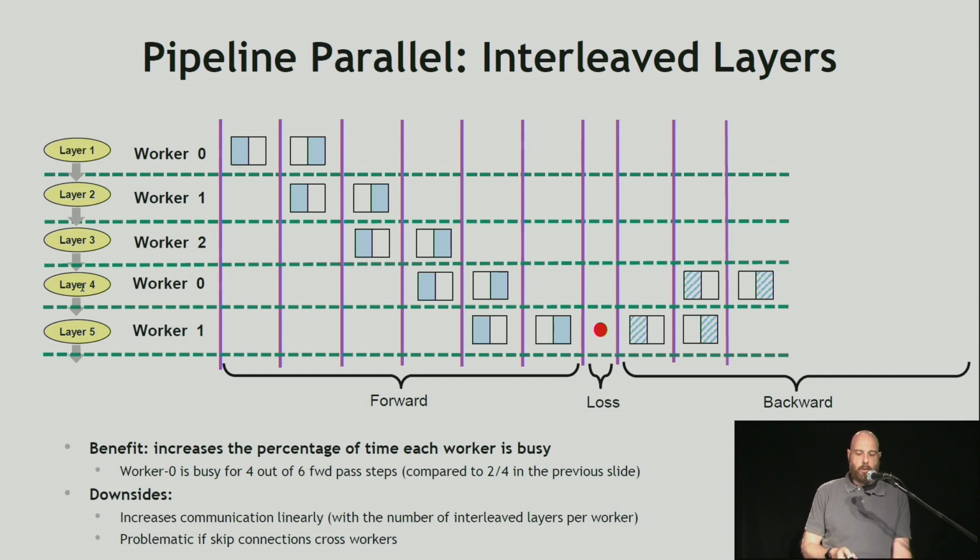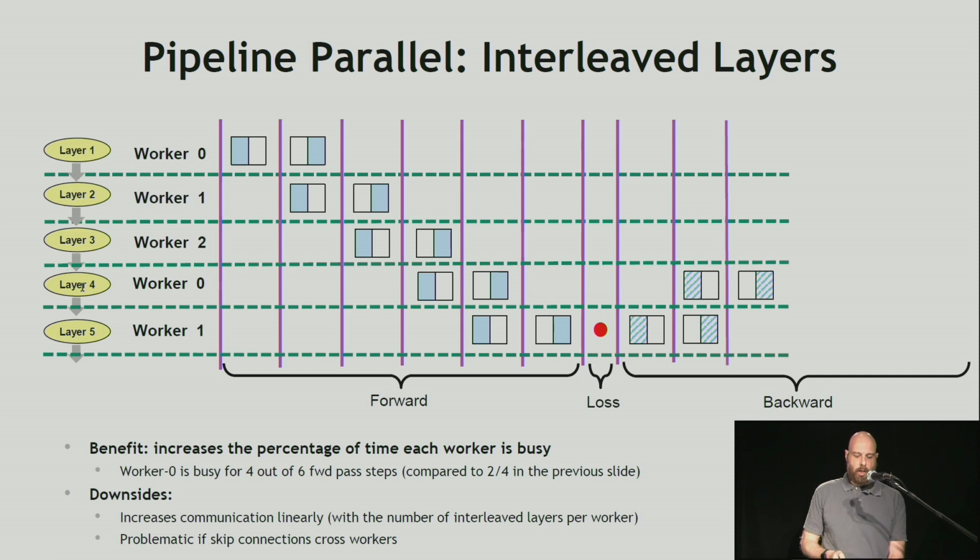For example, if we look at worker 0, previously it was idling 50% of the time, but in this case, we have a total of 6 steps in the forward pass, and worker 0 is busy for 4 of them. The only cost for this is that we have more frequent communication, because now we have to communicate after every single layer. And also the topology has to change from, let's say, a 1D mesh to a 1D torus, because